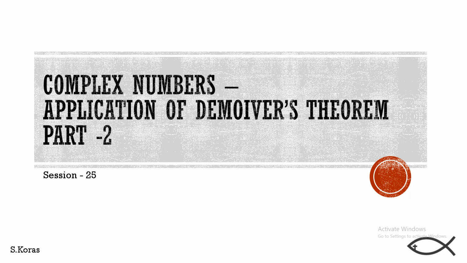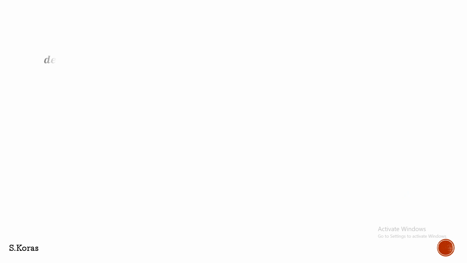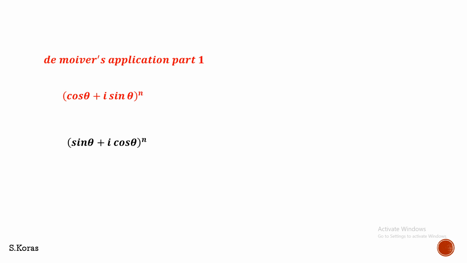In this complex numbers session 25, we are going to study the application of De Moivre's theorem. Already in part 1 we have covered how to apply De Moivre's theorem for cos theta plus i sin theta, and how to apply it for sin theta plus i cos theta. The difference is, in the first one the real part is cos and the imaginary part is sin,